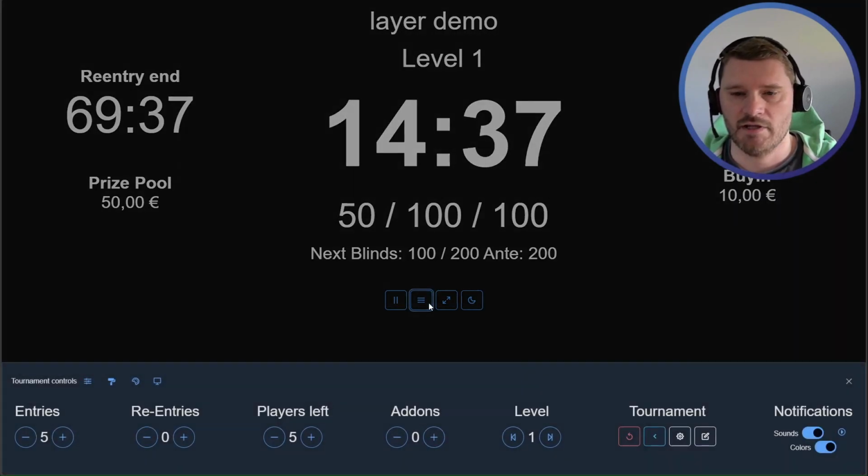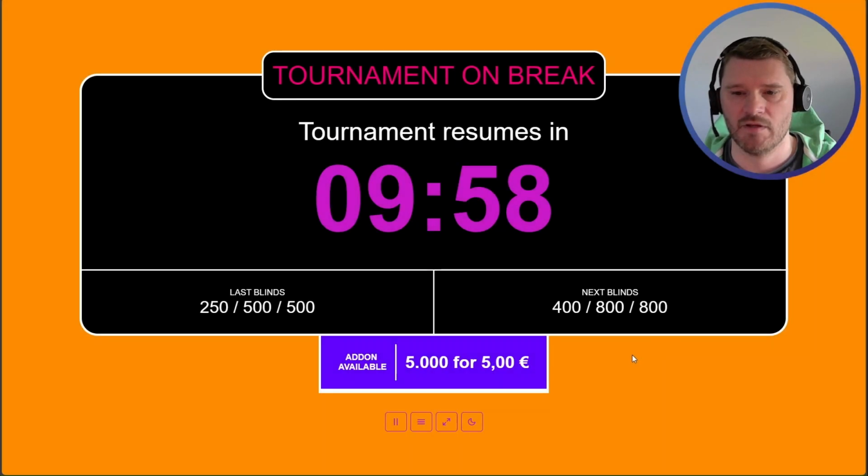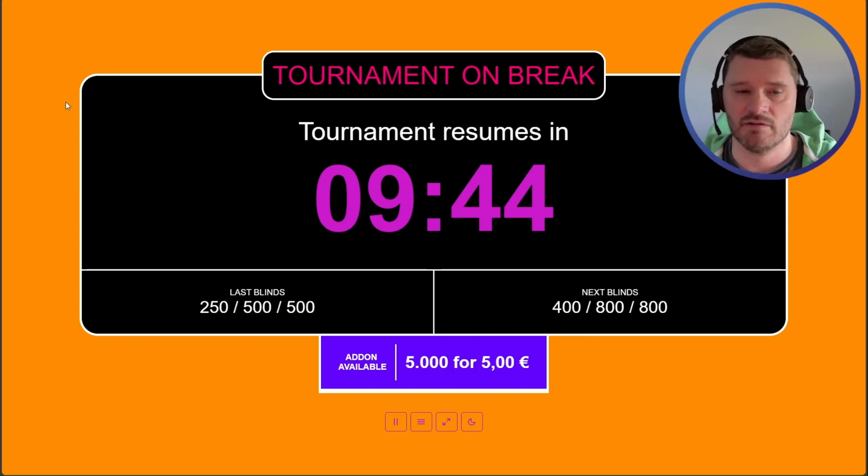So let's assume our tournament progresses and we enter our first break. It should be in level 4 here. So you can see here the break uses a completely different design for the display than the whole other tournament settings. So this is a separate layer now, a tournament break layer, which can be completely customized to look as